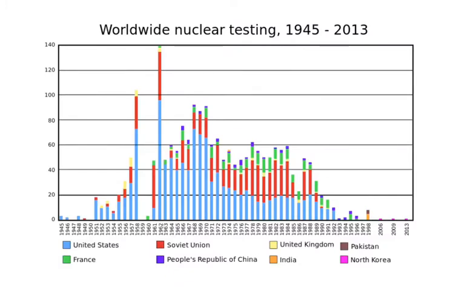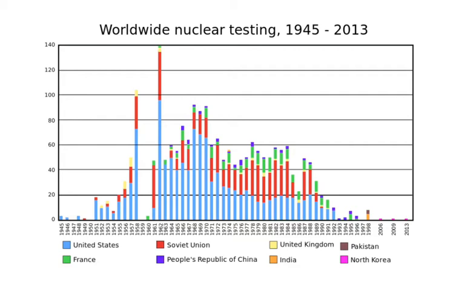Now, here I have to qualify. This chart uses a different data set than the Comprehensive Test Ban Treaty Organization data set. The reason I'm using it is the graph actually just shows up better on these slides. The CTBTO charts are good data, but visually they don't show up very well. So I'm just going to use this one. It's close enough, but I just want to highlight a few things.